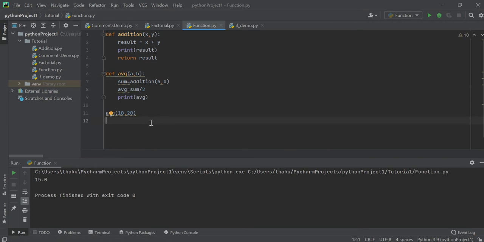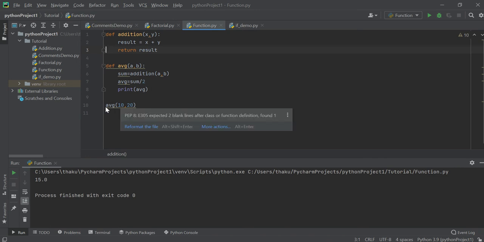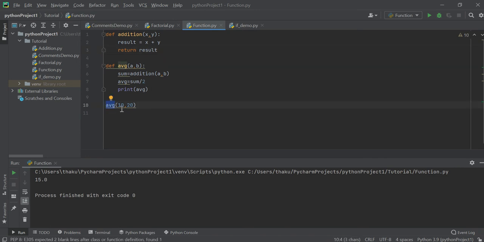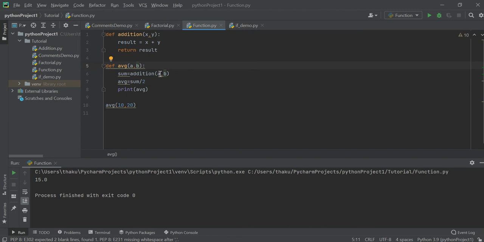Now let's try to execute this. Here I don't need to print the sum again. Execute this. You're getting the average, but this time with better reusability. Let me tell you how it executes. You're calling this function average. You're passing 10 and 20. 10 will be stored in a and 20 will be stored in b, and the same a and b will